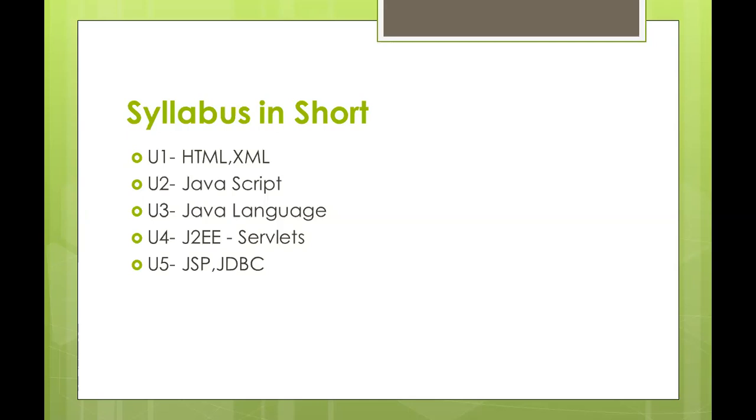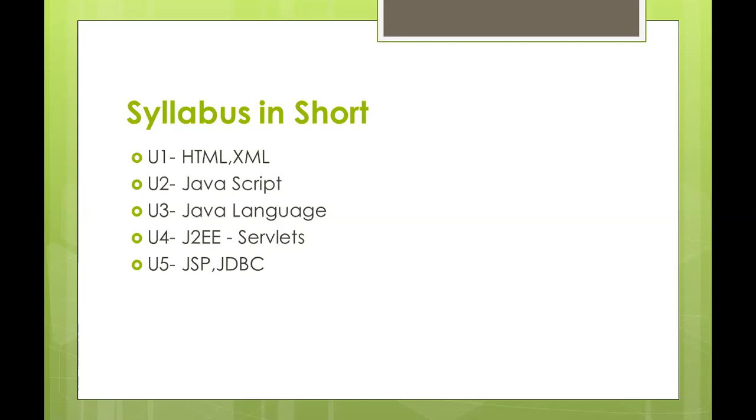If you want to code something related to web technologies, you should at least know the core part of Java language. All core parts of Java will be discussed as part of Unit 3. That means all OOPS concepts, how to create classes, objects, and inbuilt packages. And in Unit 4 and Unit 5, that is J2EE architecture, servlets. Servlets are Java programs. They entirely depend upon Java syntax. A servlet is nothing but a Java program.